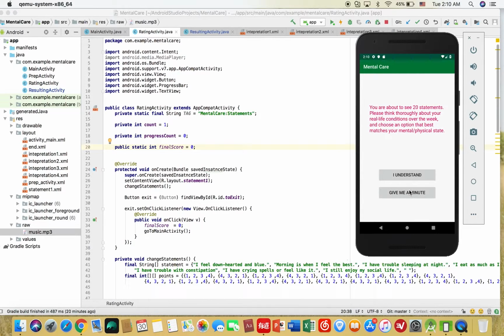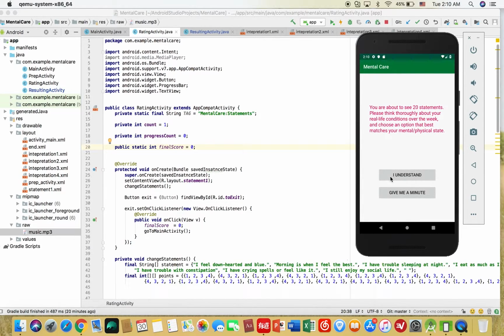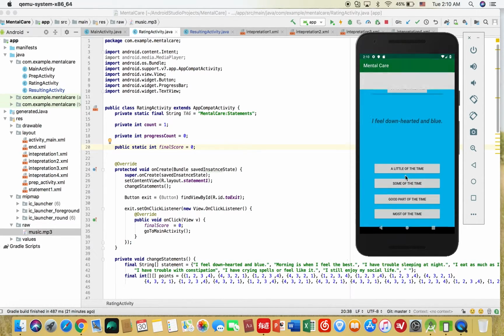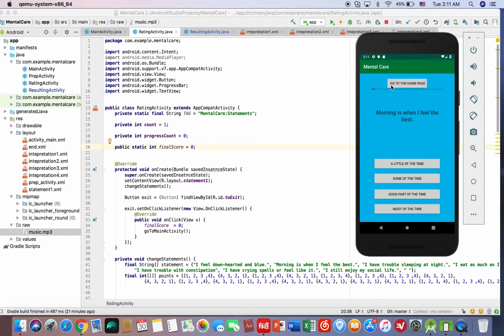You can press give me a minute, which takes you back to the home page, and you can also press I understand to proceed to the rating process. If at any point the user doesn't want to go on, he or she can click the go to the home page button here. So we have 20 statements like this in total, and the 4 choices here correspond